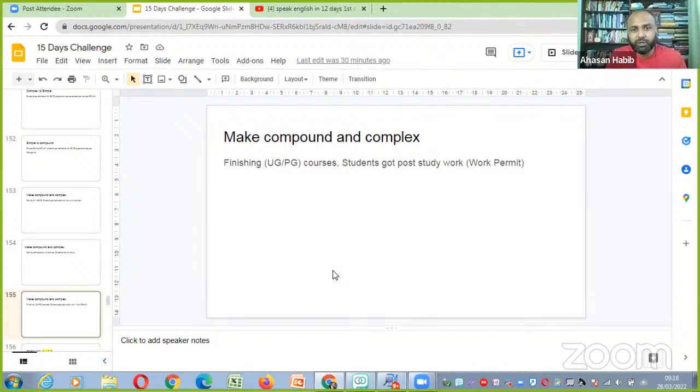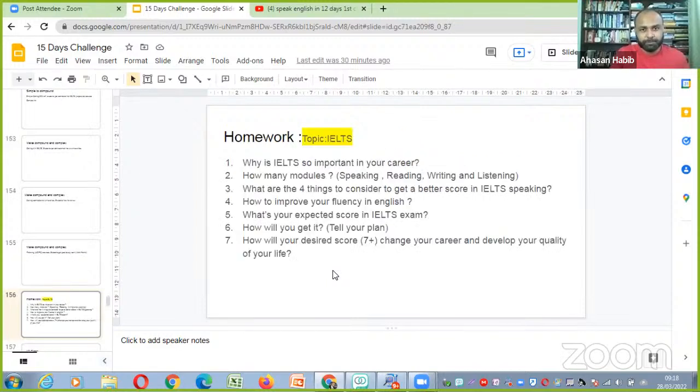So how can you make compound and complex sentences? So fanboys, using and, you can make a compound sentence. So students finished their courses and they got post-study work. And complex, you can say students got post-study work after they finished their courses, right? So this is how I need to make variation of sentences. So now